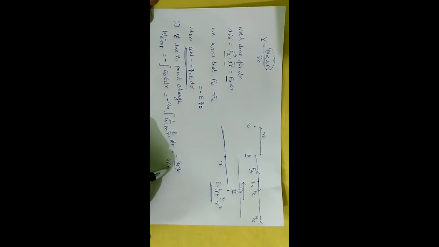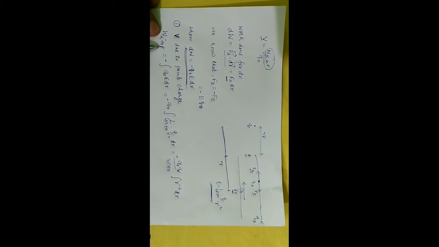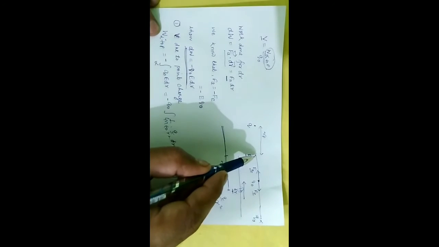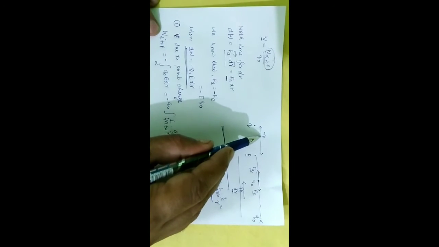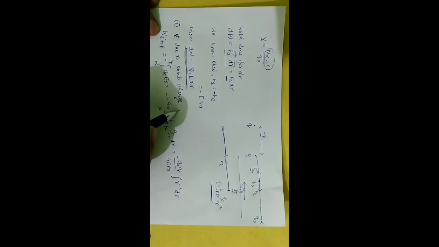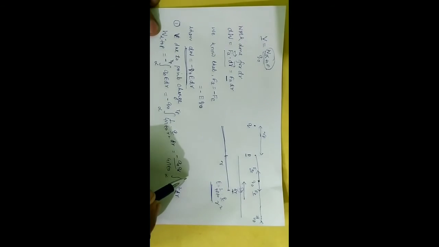1 upon 4 pi epsilon naught is also constant. So you are left with r raised to power minus 2. This is in denominator. When you move it up, it becomes negative into dr. Now we put the integral sign. See here, I am bringing a charge from infinity to the point P. So what is the distance of P? That is Rp. So I have introduced here Rp, infinity to Rp.